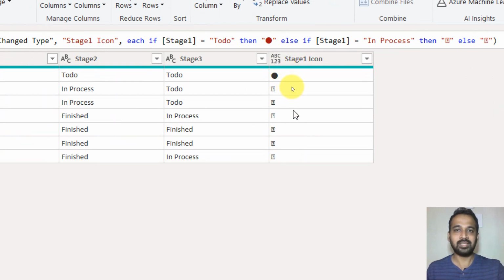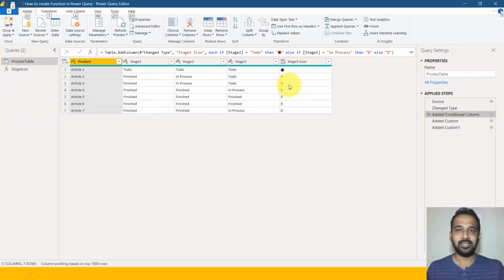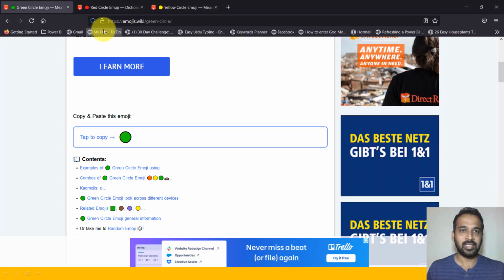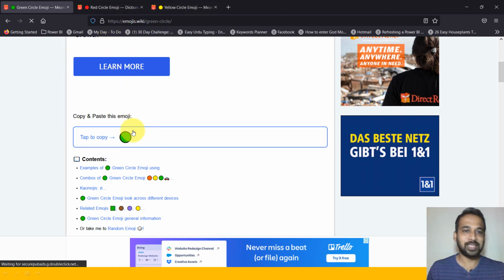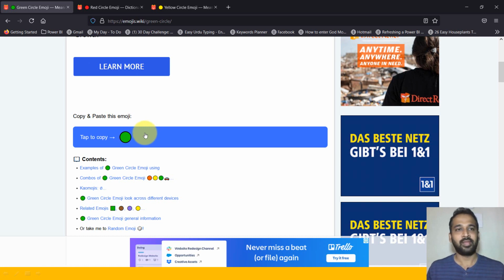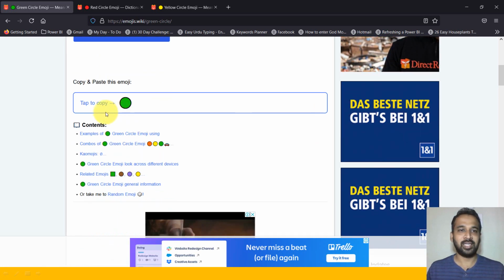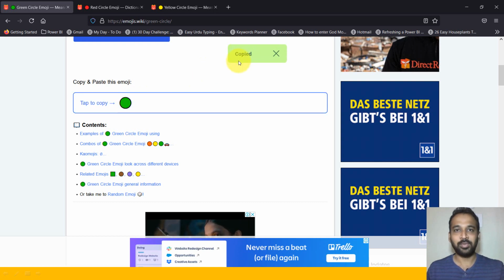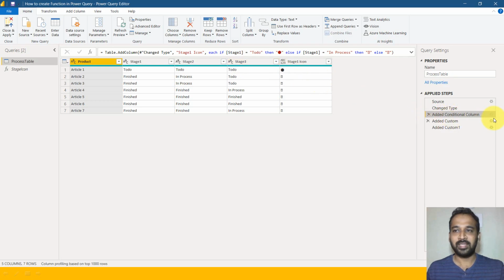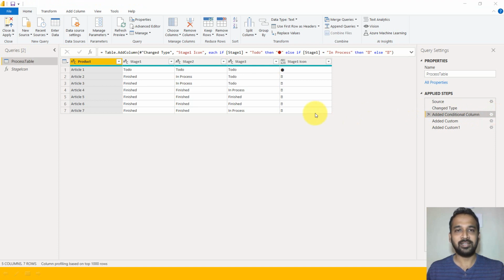So how I got this information is, I just went to the website emojis.wiki. There I searched for the green, red, and yellow circle emojis. And I went to this page and I just need to copy this, and it's copied into my clipboard, and then I can paste it in the conditional formatting.